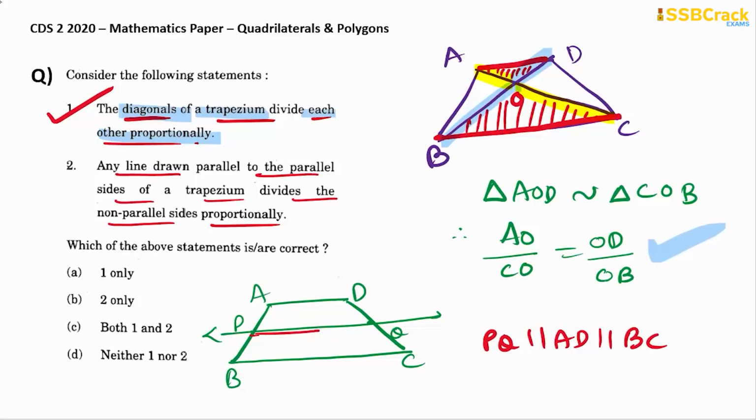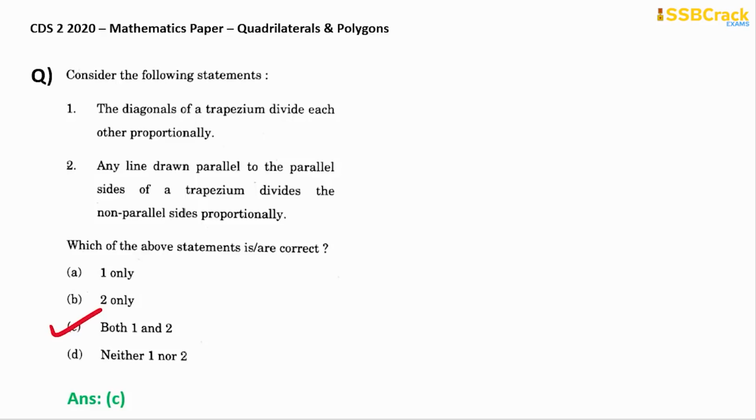So they are saying that this segment PQ divides the non-parallel sides in proportion, and this is clearly true. Okay, the proportionality will be maintained, because this is the study based upon parallel lines and their transversals, right? So we can easily prove here that the ratio AP to PB is the same as the ratio DQ to QC, which means that the non-parallel sides are divided in proportion. Alright, so hence we are confirmed to say that both the statements are correct. So the key is option C for this particular question.